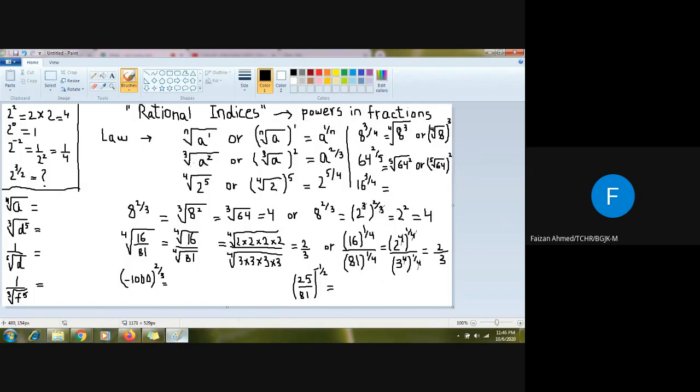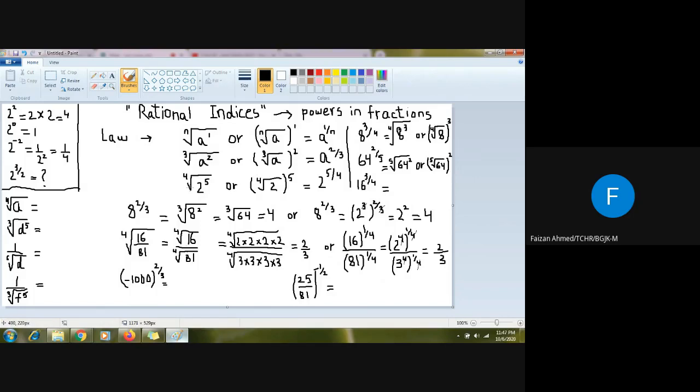and the root index will come in the denominator. Similarly, we have another question in which we have a cube root, and inside the cube root there is a squared. I can write it like this as well, and there is another form where I can write this square outside the bracket, like this. I can use the cube root sign, write a inside, and this 2 will come outside the bracket as a whole. So according to the law, if I want to convert this radical sign into power, I will write a first, and then this power 2 will come in the numerator, and the root index 3 will come in the denominator. So I can write it as a to the power 2 upon 3.